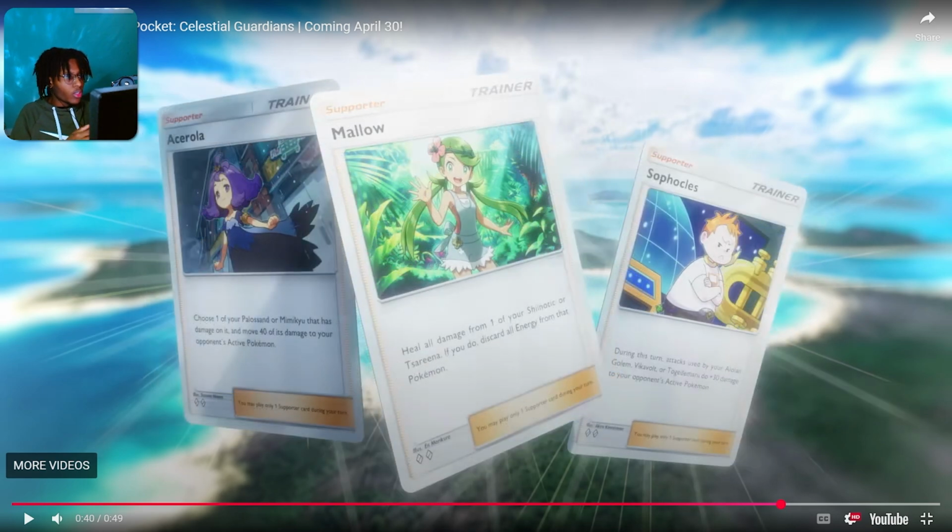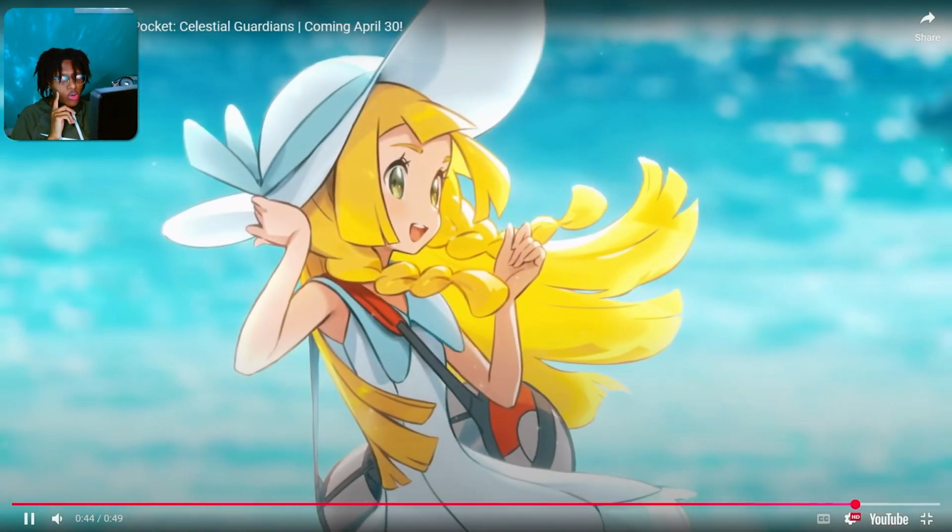All right, so we can get a good look at this Sophocles card here. During this turn, attacks used by your Alolan Golem, Vikavolt, or Togedemaru do an extra 30 damage to your opponent's active Pokemon. Okay, so more of the trainer supporter cards that buff specific Pokemon. Are there any more in the trailer? Okay,